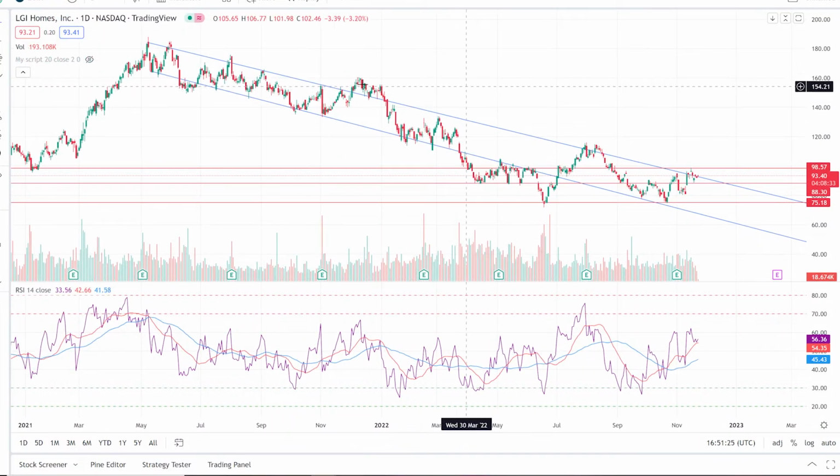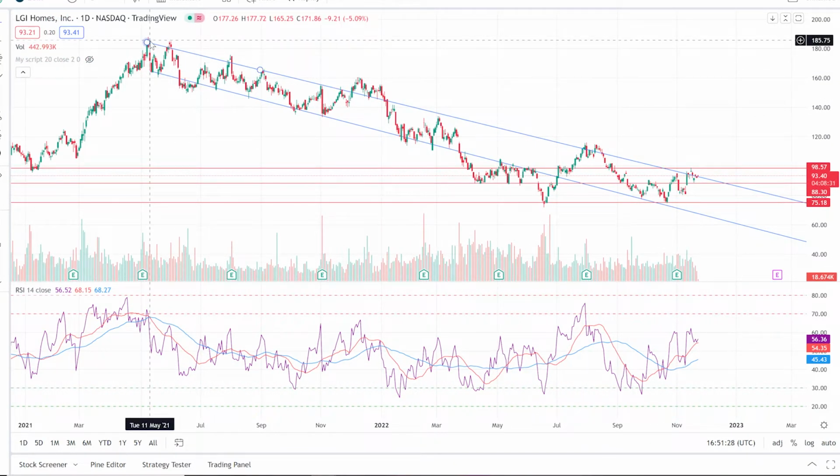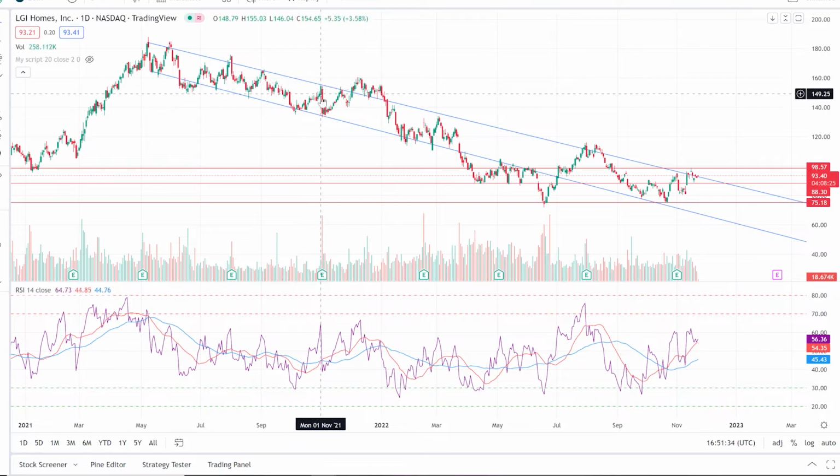This company was on a downward trend beginning in May of 21, and you can see this was kind of the upward bound. It did break above that for a little bit in December of 21, but then it came back down and tried to stay above it, but failed. So it came back all the way down to the lower end of this trend line, and then it stayed in there. And again, it broke below that time,